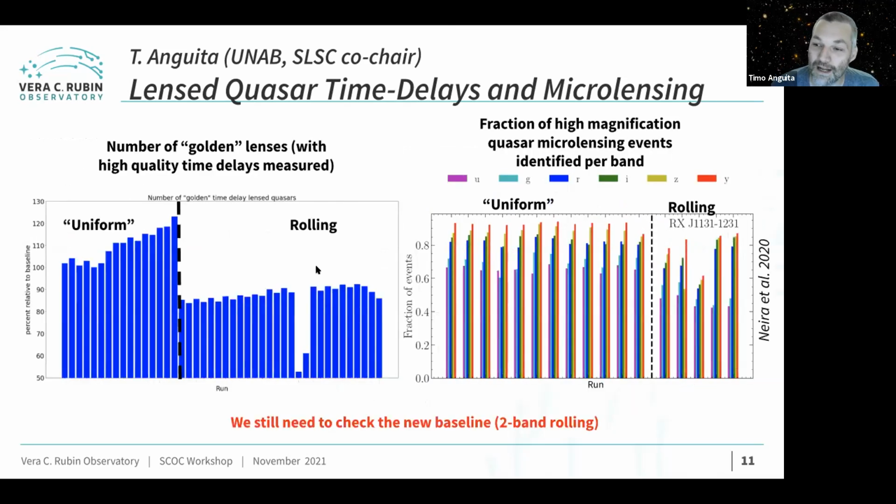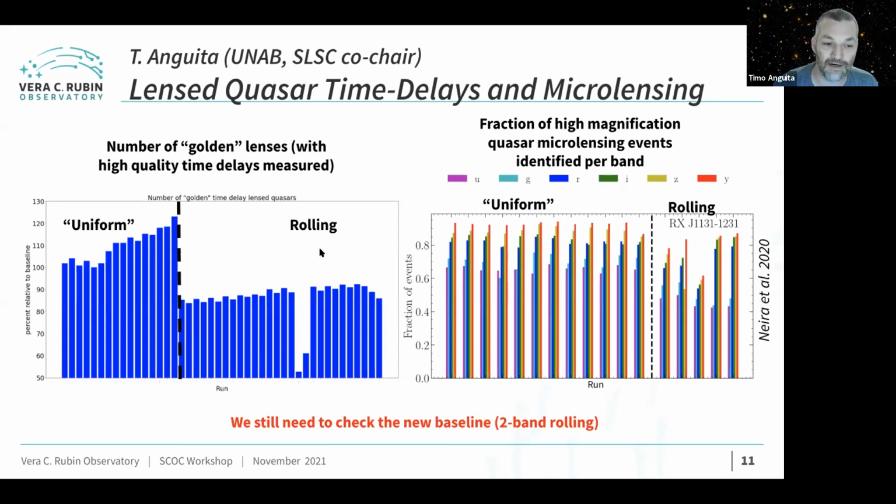So one thing that we've tested with these two science cases is rolling cadence. As soon as the idea of rolling cadence came upon the survey a couple of years ago, we were a bit concerned because rolling would naturally imply that the seasons are shorter, so you have larger holes. Since we don't know when the variation is going to happen for either of these two science cases, we wanted to see whether a rolling cadence would affect us. And it seems to be the case, okay?